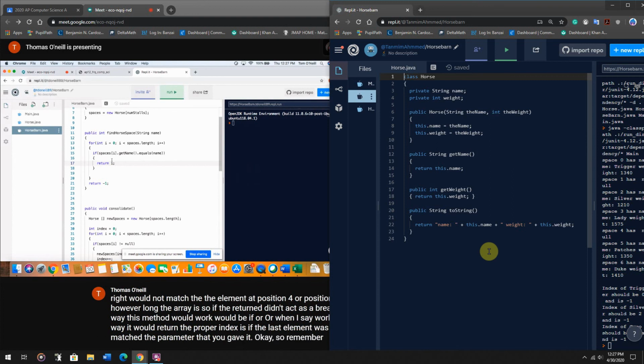So remember, when you use the keyword return in the context of a loop, it breaks from the loop, okay? It breaks from the loop. All right, so